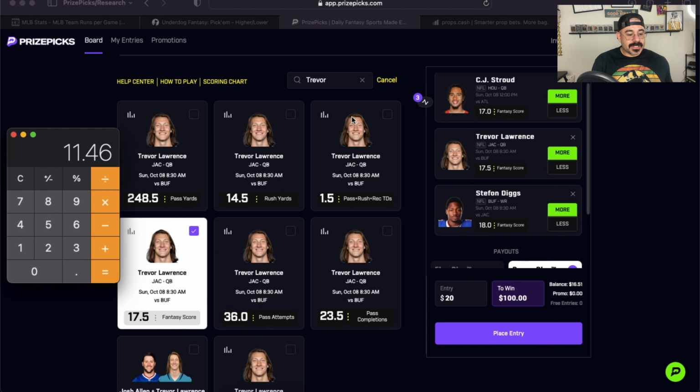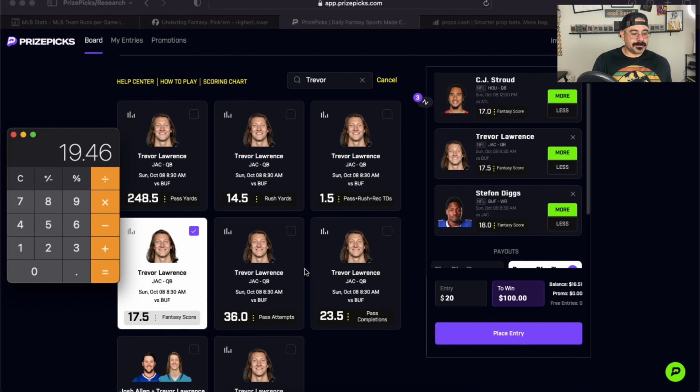Now, this is where it gets a little tricky, because Trevor Lawrence does not have a passing touchdown prop. Instead, he has a kind of total touchdown prop, pass, rush and receiving. But for the sake of this video, remember, we want to play that bare minimum angle. Let's say he does go over this, but he throws 2 touchdowns instead of running for 1 or 2, because those passing touchdowns are worth fewer points. So he throws for 2 touchdowns. That's 8 points. Let's go ahead and add the 8 points in there,